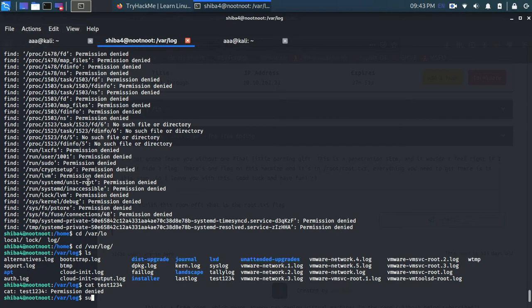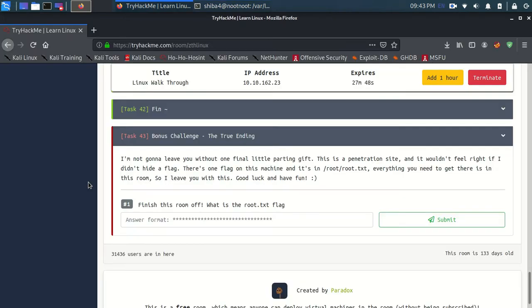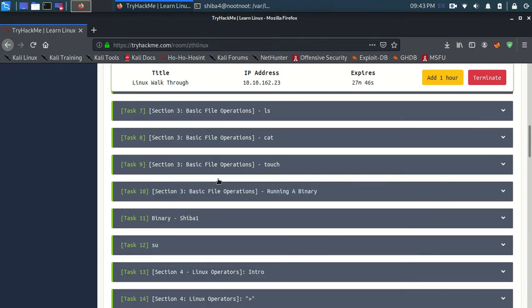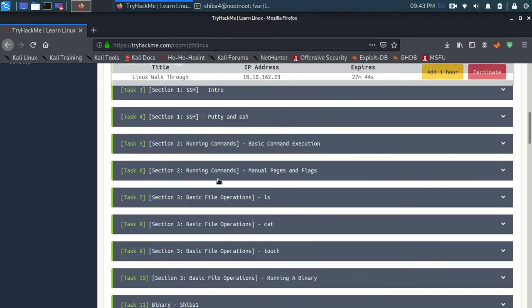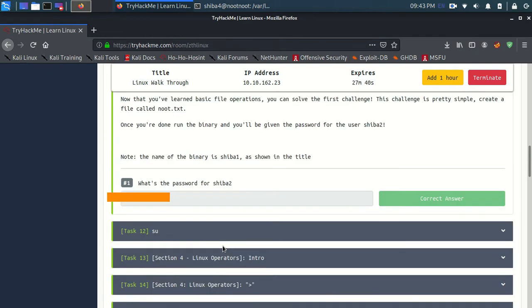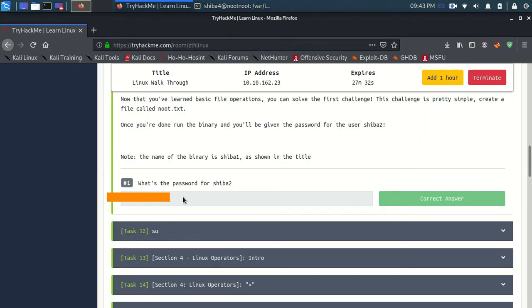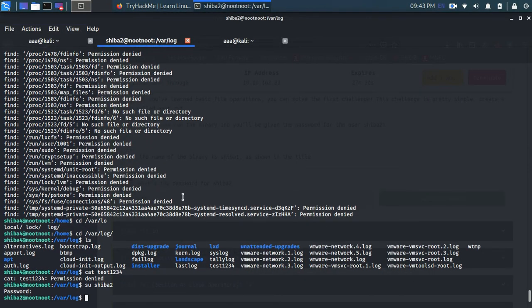So let's switch user to Shiba 2, and the password for Shiba 2 was this. Now let's cat this file.